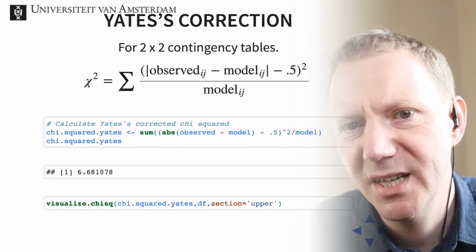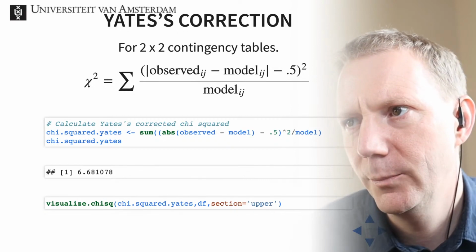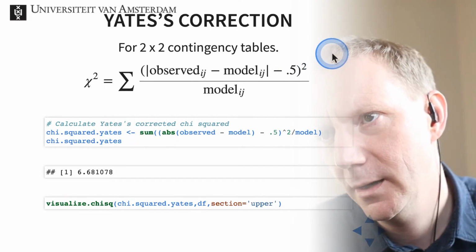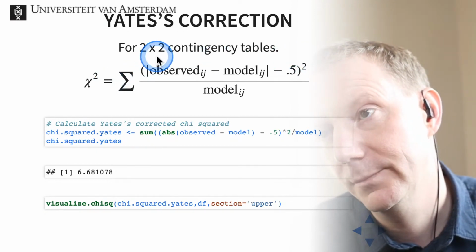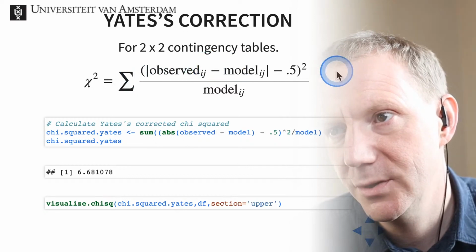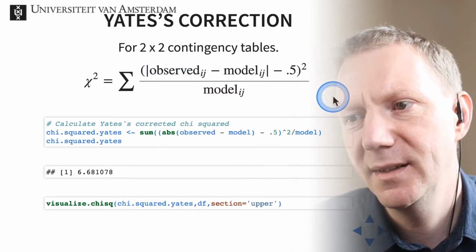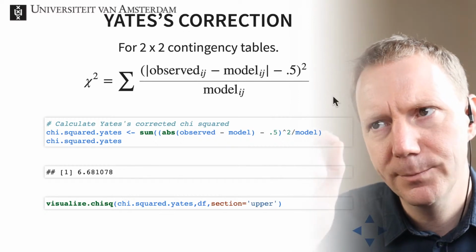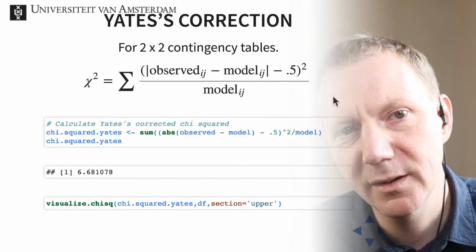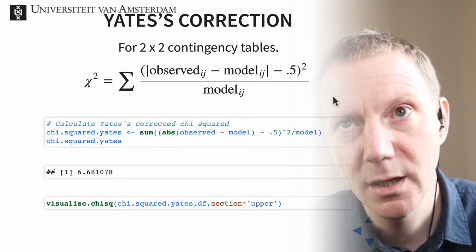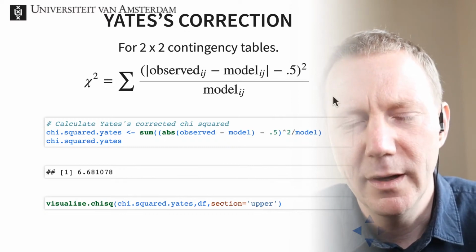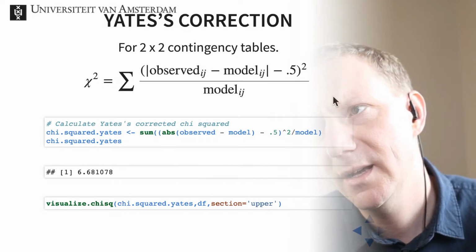And essentially it's the same here, what we're doing, but he provides a slight correction on the difference between the observed values and the model, essentially on the absolute difference on these two, and that slightly corrects the chi-square value, making it a little bit less prone to having wrong estimations of your p-value, because you can imagine that